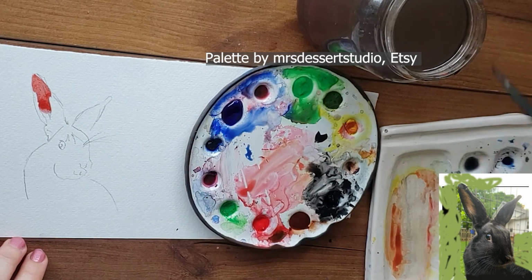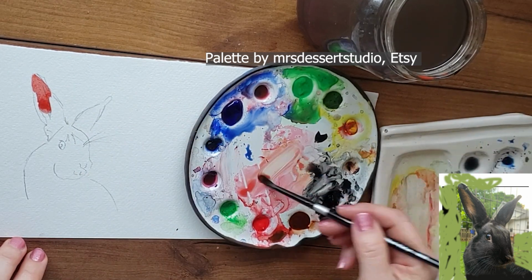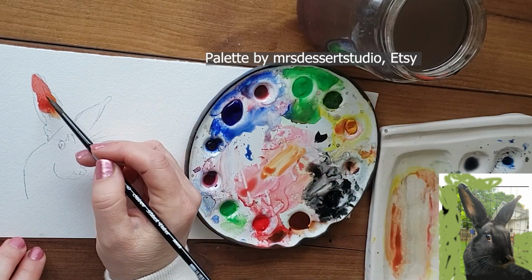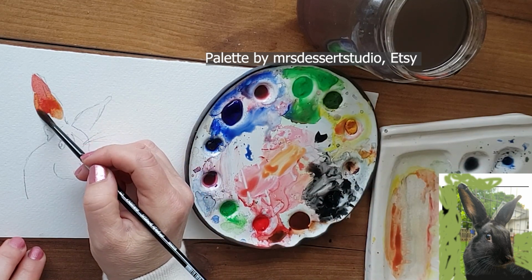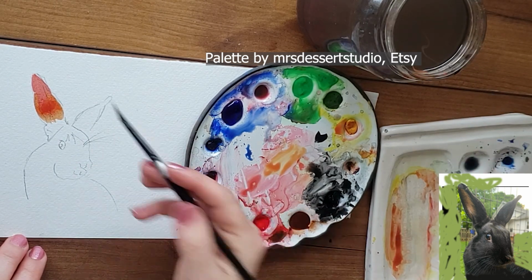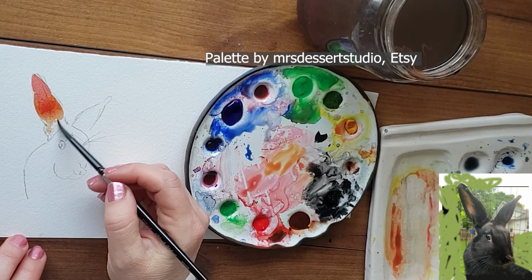So we'll start wet on dry, which means that the paper is dry, and I'm painting with milk consistency paint. If you missed the series I just finished where I took a deep dive into all the different techniques you can paint with milk consistency, tea consistency, and cream consistency, be sure to check that out, and I'll link that